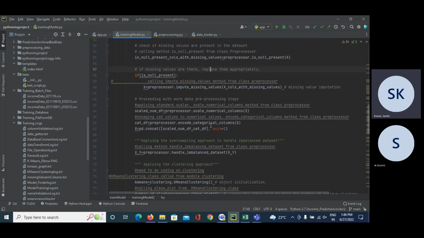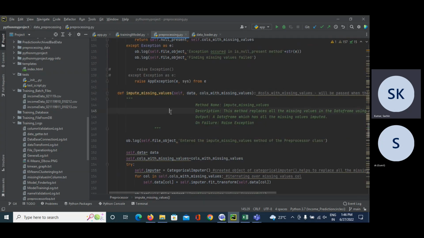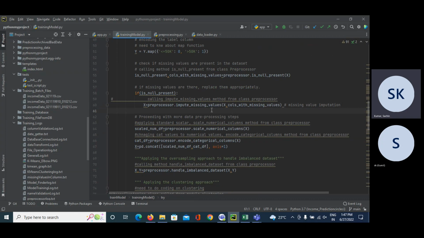Now if I go a little bit down, you can see one more thing. What I am doing over here is calling impute missing values. Using impute missing values, I'm calling categorical imputers. This categorical imputer is going to replace my missing values with the most occurred item in that particular column. This is another way I'm going to handle the missing values. Okay, so once this is done,